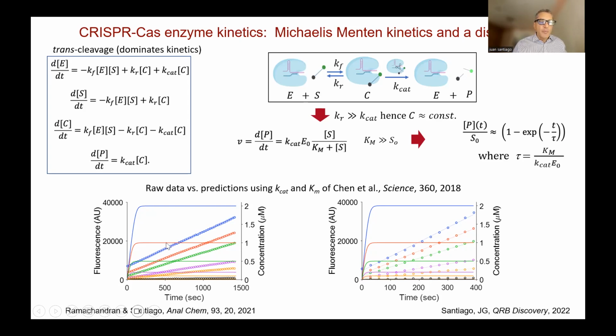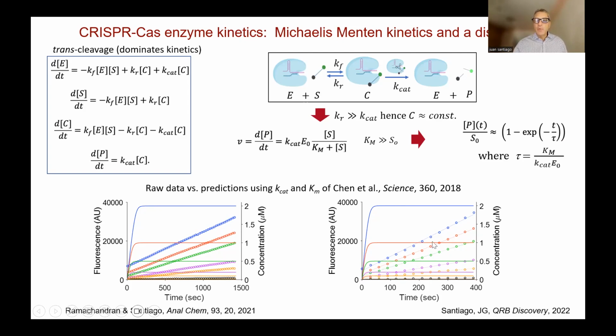This is an example from the work of Doudna. This is that Science paper that's been already cited a few thousand times, versus our model's prediction based on the kinetic rates published in that same Science paper. Okay, so what we're checking here is for self-consistency. And we could not explain this inconsistency between the kinetic rates published in the paper versus the raw data in